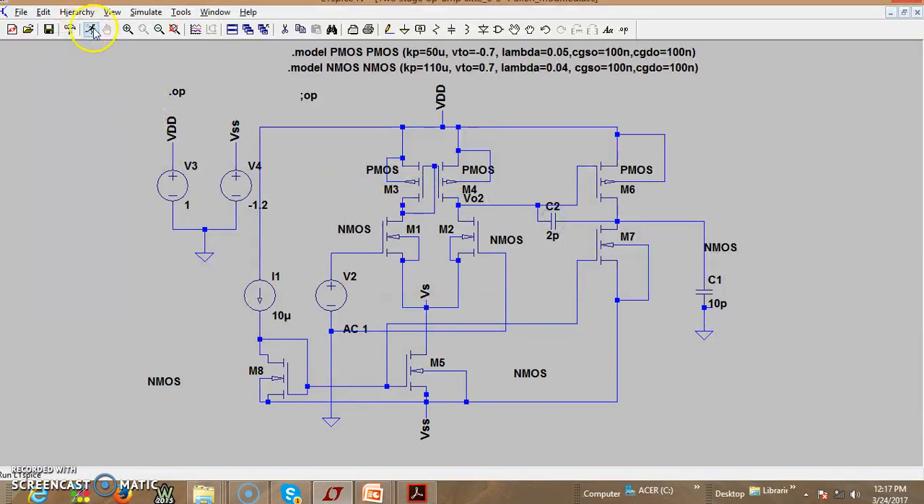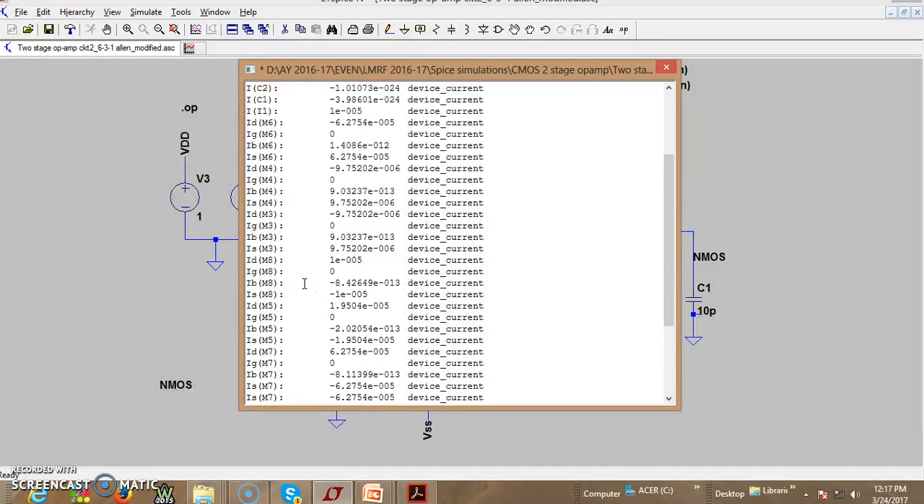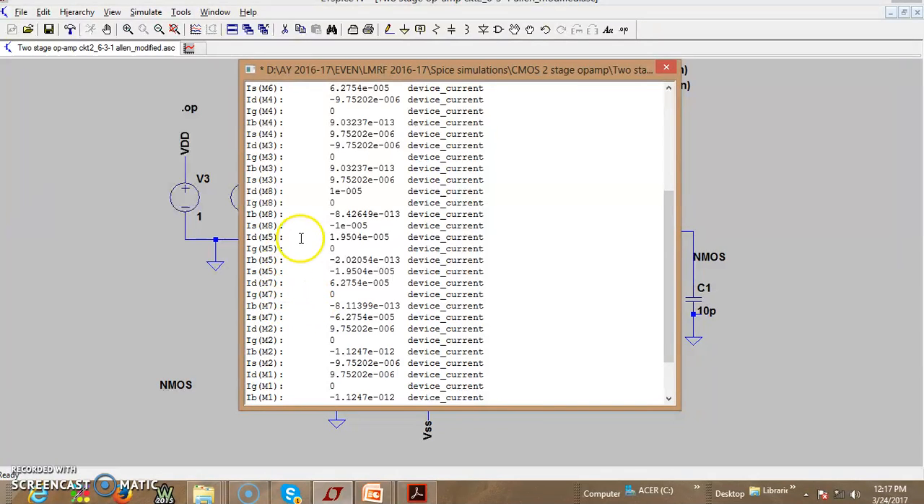So let me see what is the current I5. Let me have a look at I5 here. So this is I5. Okay, now this is 19.5 microampere. We are expecting around 20 microampere. This is fine. So we can continue with this slight modification in the minus VSS, from minus 1